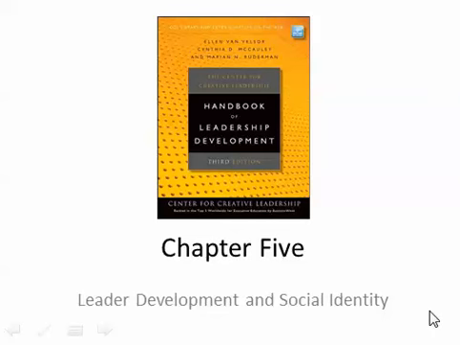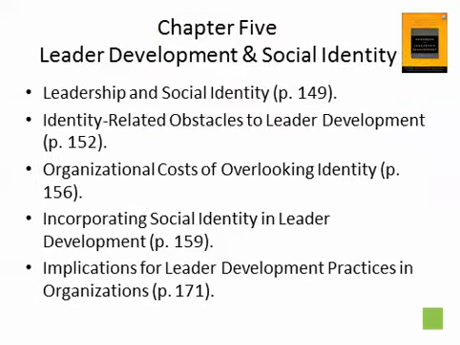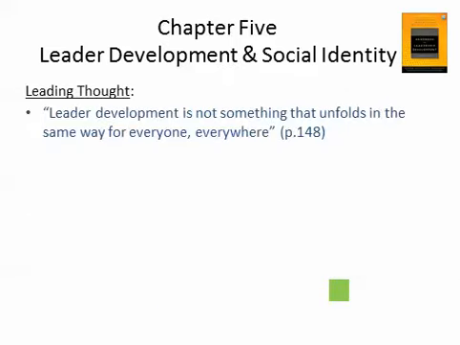Now, Chapter 5 is very different than the other chapters before it, but it's incredibly important. In Chapter 5, we're going to discuss things like leadership and social identity. Social identity is how you conceive of who you are and how others conceive of who you are. Identity-related obstacles to leader development, organizational cost of overlooking identity, which is terribly costly, incorporating social identity in leader development,